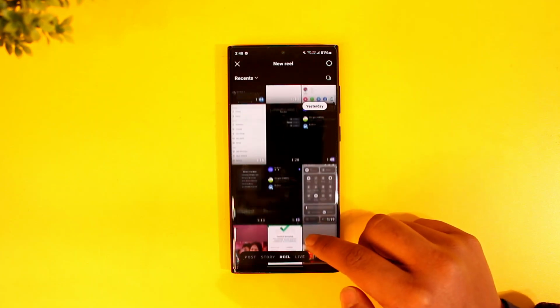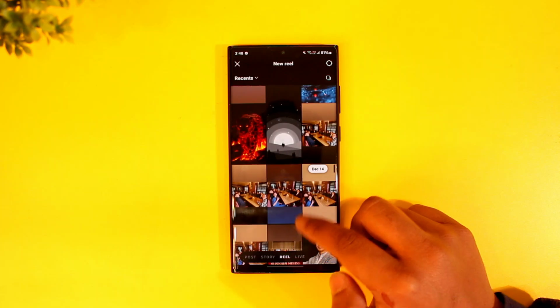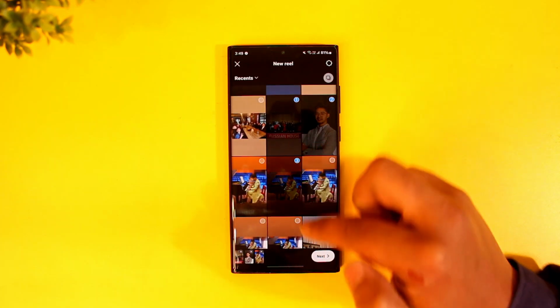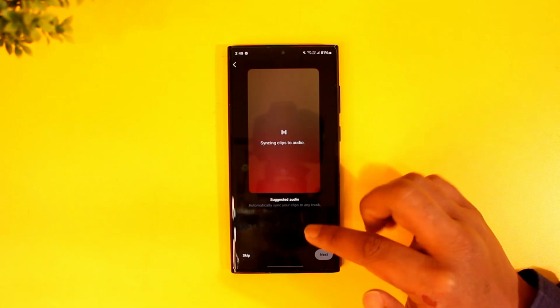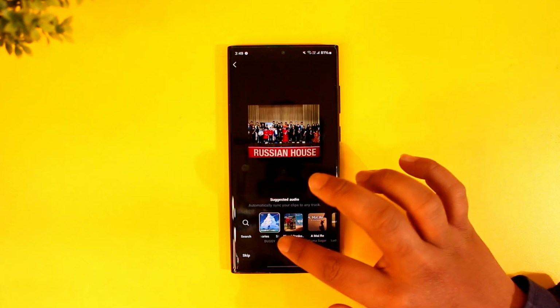Once you go to the Reels tab, you can simply select any of the reels that you wish to make a reel of right here. So let me go ahead and select a couple of images in this case, let's say, and then you tap on next. Now by default it will automatically sync some of the clips and the audio or the music, but